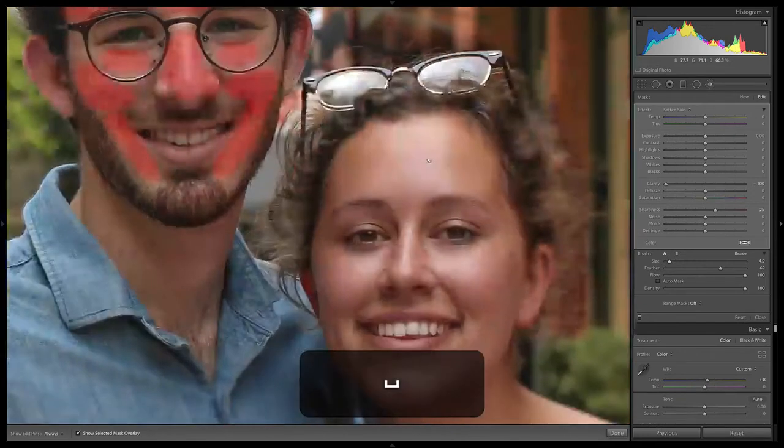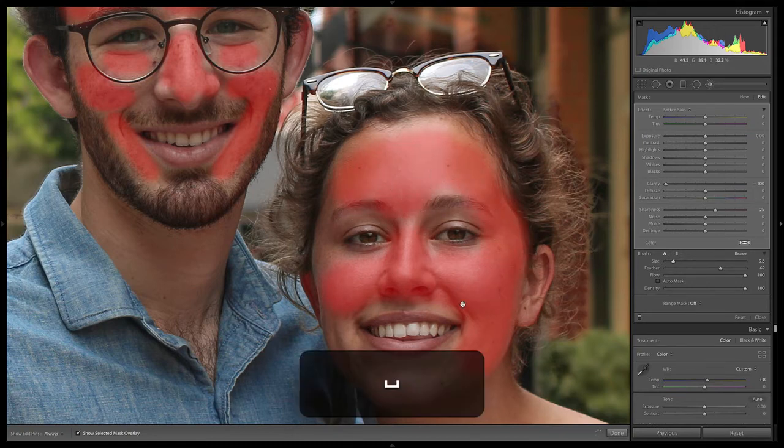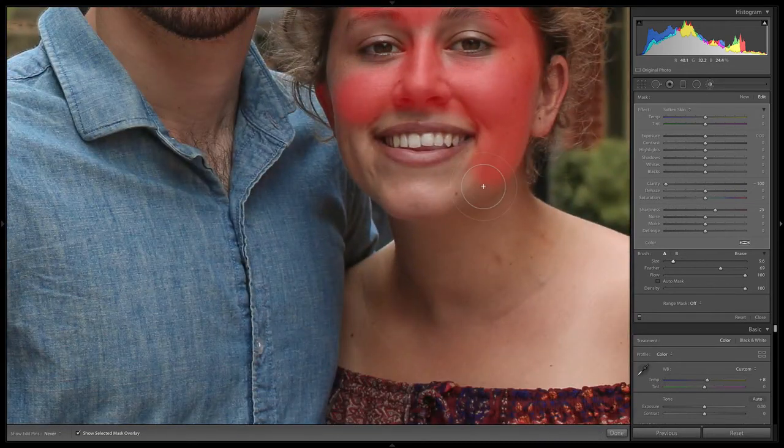All right, now same for her skin. We can make the brush a little bit bigger. Her skin is already pretty good, but I do want to paint overall because I might decrease saturation or do a little bit of adjustment to exposure as well.